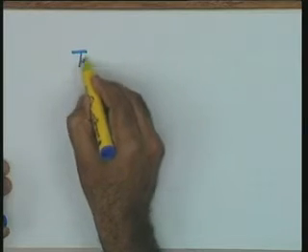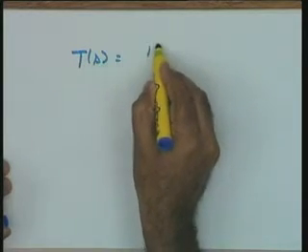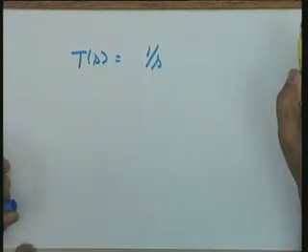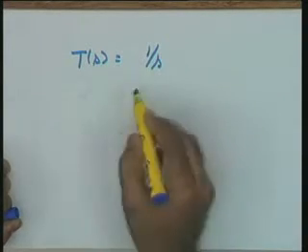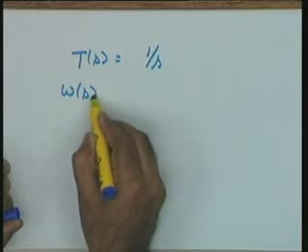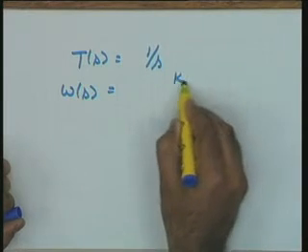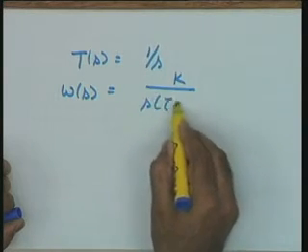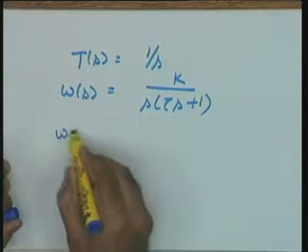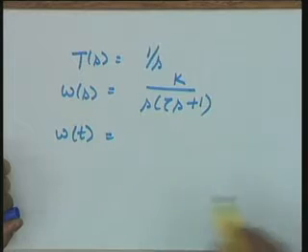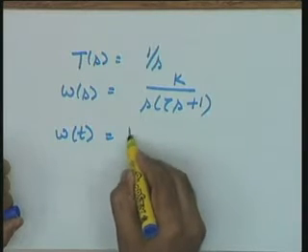Time constant of the system. Now, see this particular situation. The input T s is equal to 1 by s. I give a unit step input to this system under consideration. In that particular case, the response omega s is equal to k over s into tau s plus 1, and the inversion of this gives me omega t equal to, I think now I can directly write,